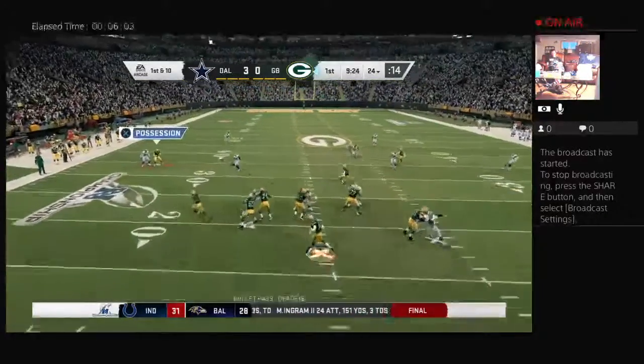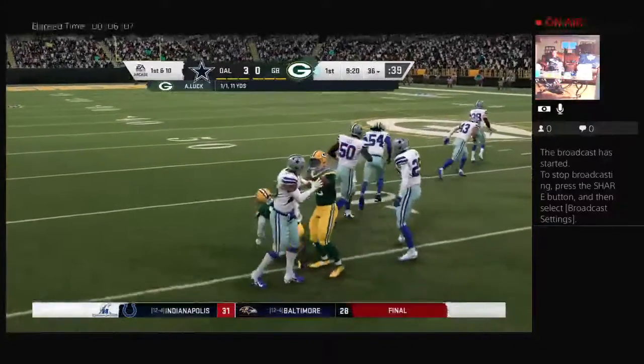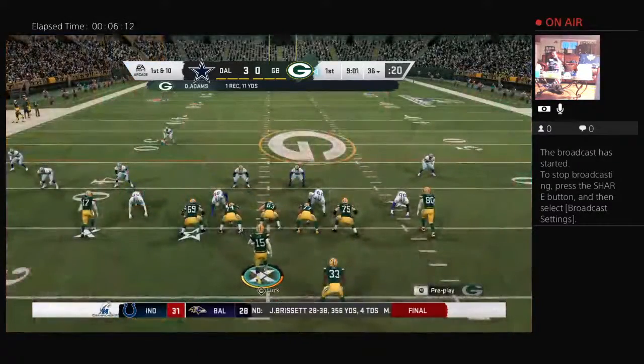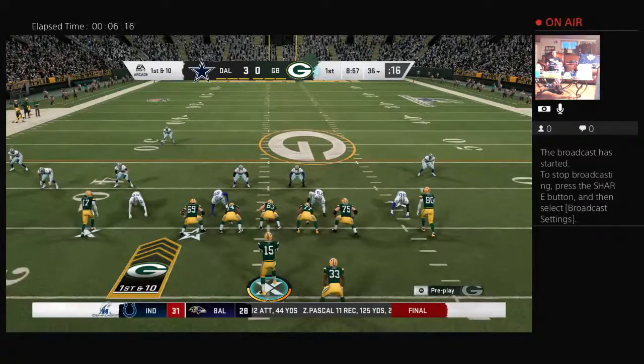Now a first down throw, Luck. He gets this to Davante Adams. 11 yards and a Green Bay Packer first down. Now that was pretty. They executed that curl route versus zone coverage, and that changes things a little bit because